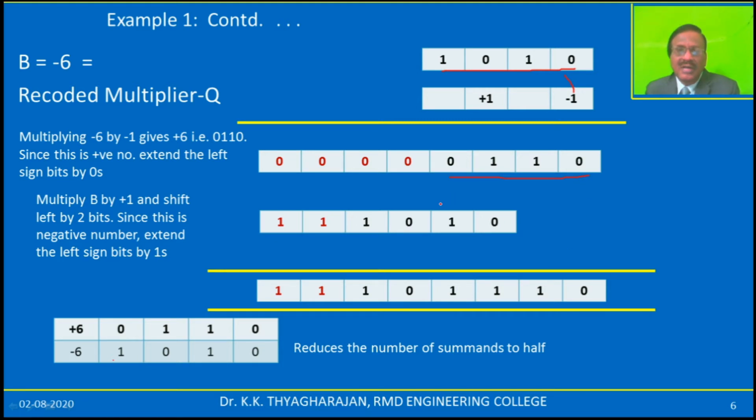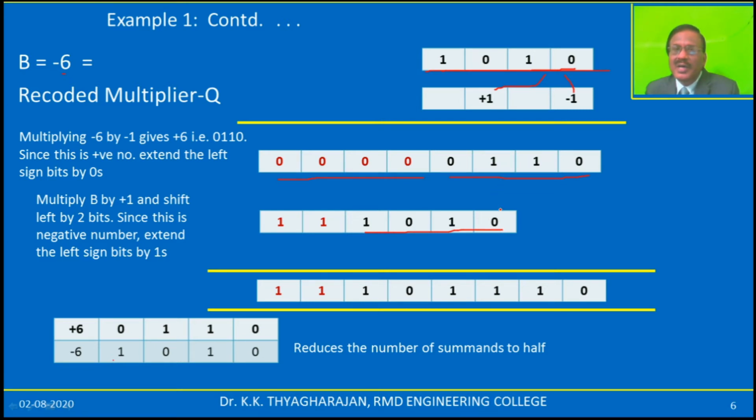Right? Now, you add as many zeros as you want on the left side. But since you have four bits here, you can add 4 zeros here. Now, you can multiply this plus 1 with this multiplicand. Now, what will you get? You will get the same minus 6. This is minus 6. If you multiply by plus 1, you will get the same number. You put the same number in the second row.